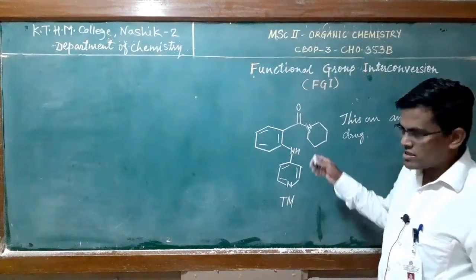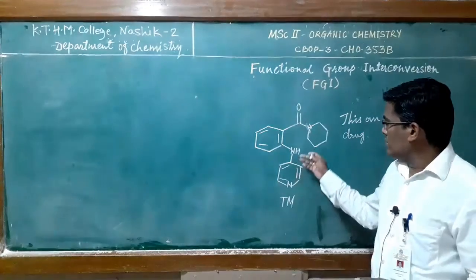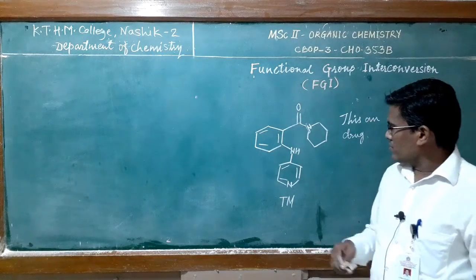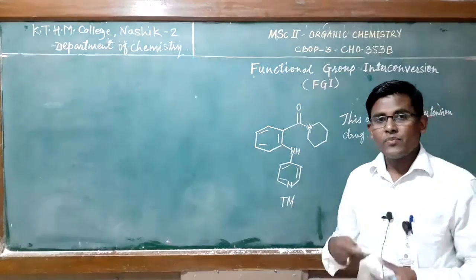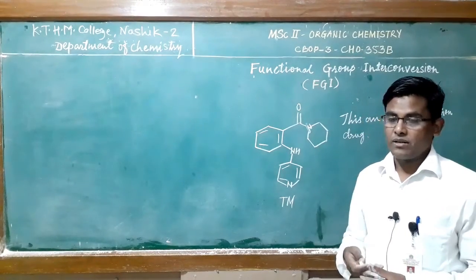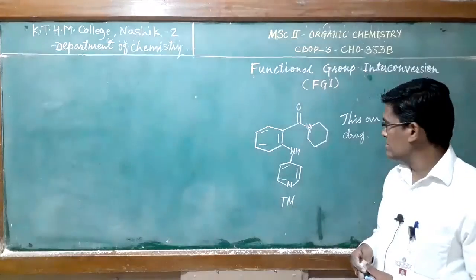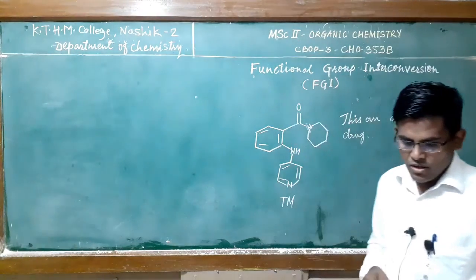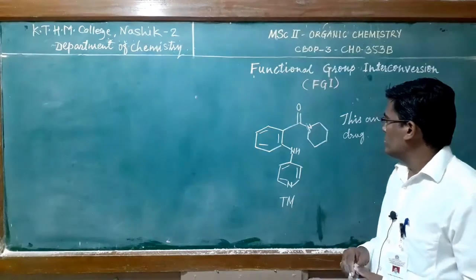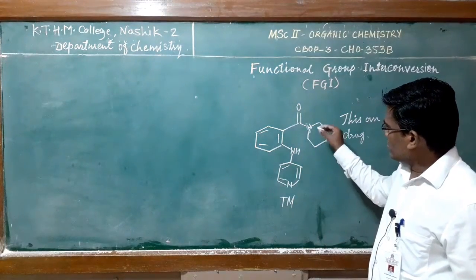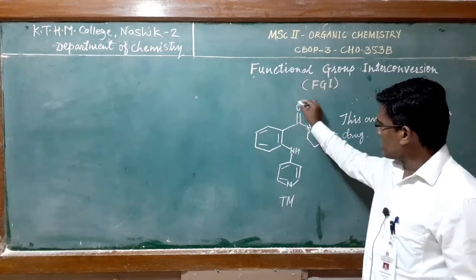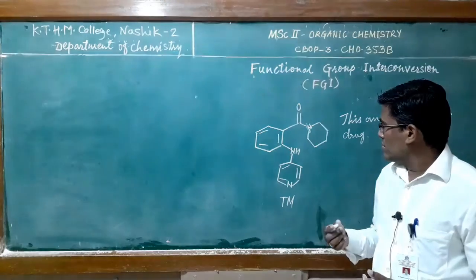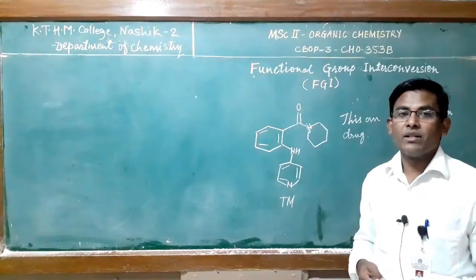So when you look at this molecule, you will observe two functional groups, and we have to find out how many possible disconnections are present in it. So we will apply our guidelines. In the first step, we will find out whether these functional groups are made by using a reliable reaction.